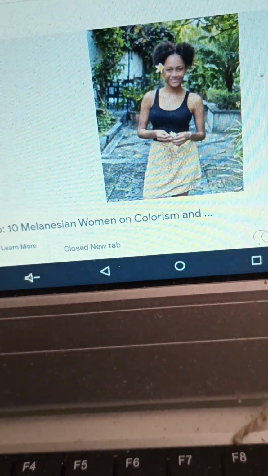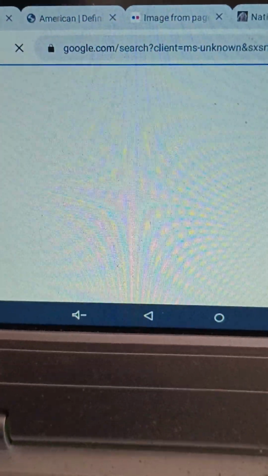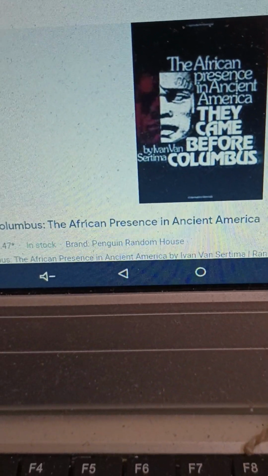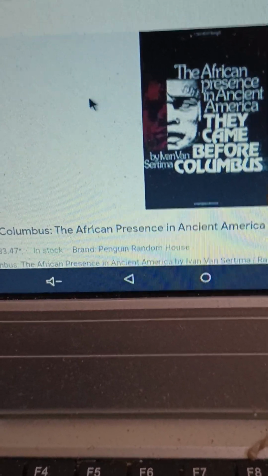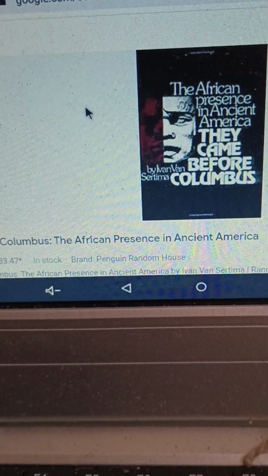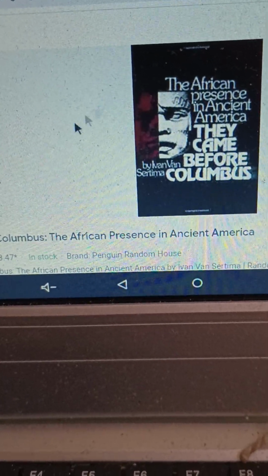So now going over here to the book They Came Before Columbus, which is written by a Guyanese, Dr. Ivan van Sertima, and it says the African presence in ancient America, they came before Columbus. And you see right here one of the Olmec sculptures. What he claimed is that during the 25th dynasty of Egypt, when Nubians or Cushites were running the show, that